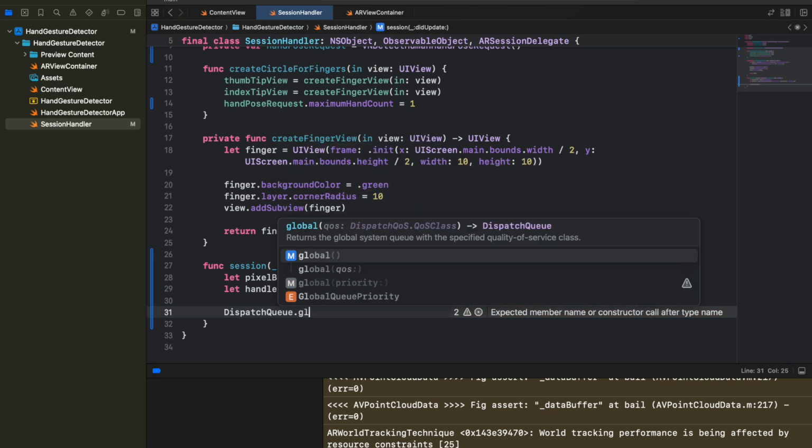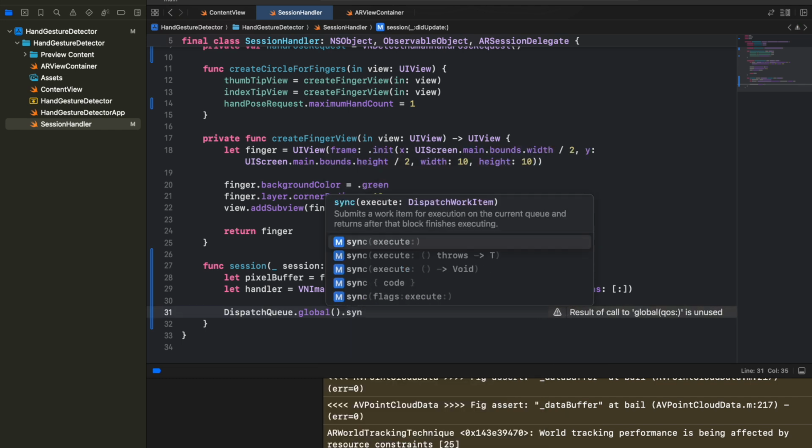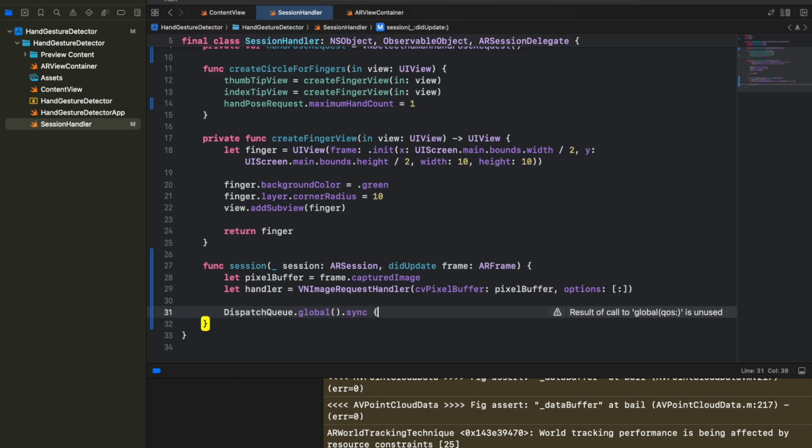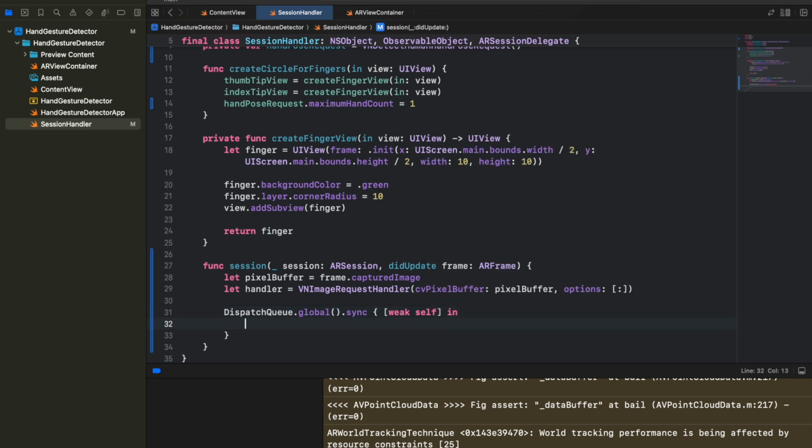So let's start a global system queue, and let's make this async, because if you are moving your hand with your fingers, you want to have this constant change, and not one task being performed before another one from the future. So we'd like to avoid that kind of situation, and we also want to avoid retain cycles. So let's make it weak,